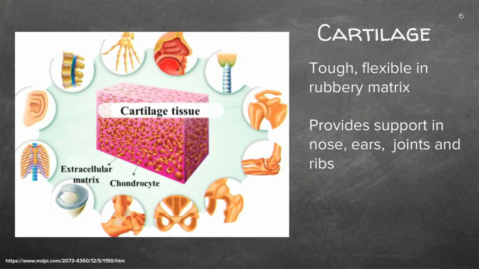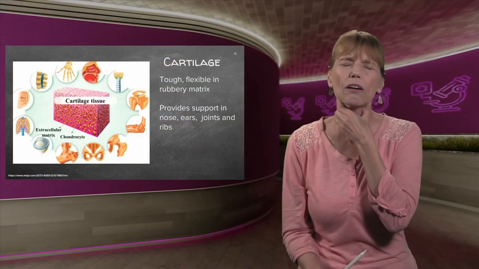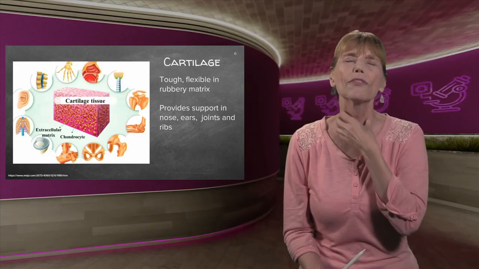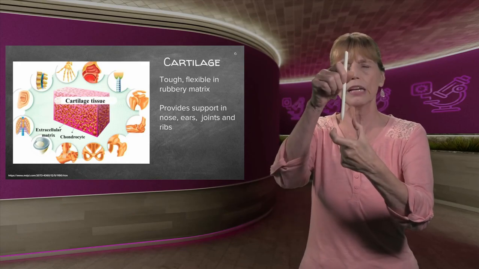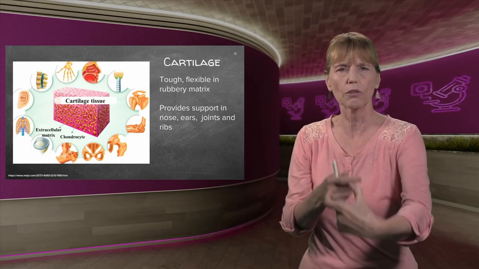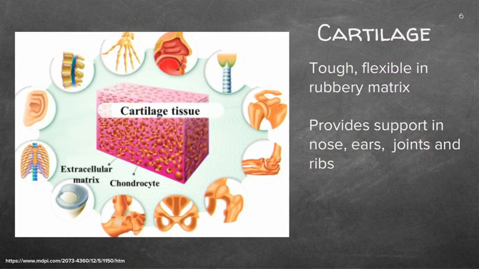Now let's look at cartilage. Remember earlier I mentioned cartilage is that transparent bit you find in a chicken between the one bone and the other. You can actually feel it. If you feel in your neck, you can find the cartilage. You have your esophagus, you've got food that goes down it, but it's C-shaped, so that if food gets stuck, you've got a bit of skin at the back so you can get it down. You have it in your nose. If you look at a skull, you never see the nose or the ears of a skull because cartilage disintegrates. It's not made of bone.